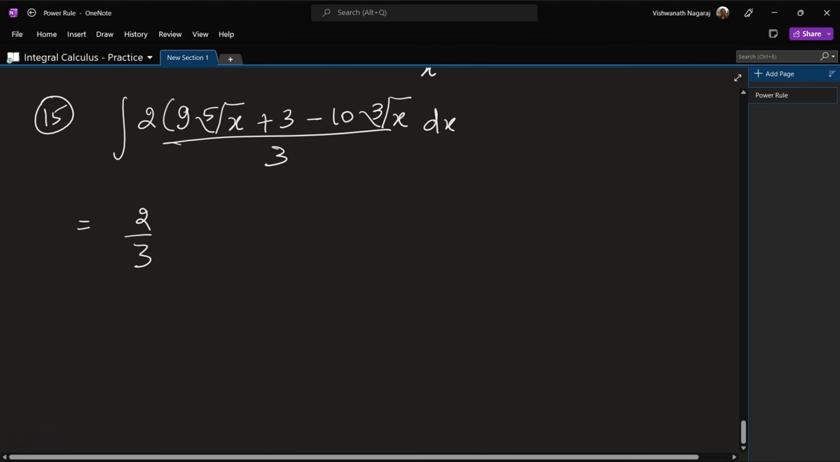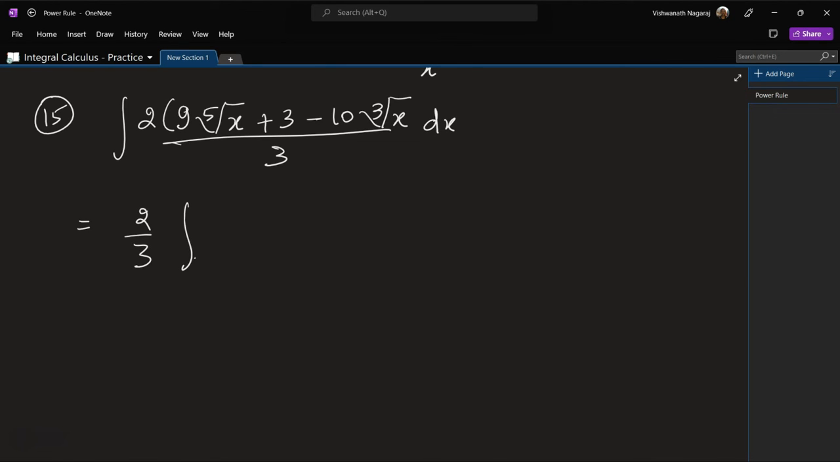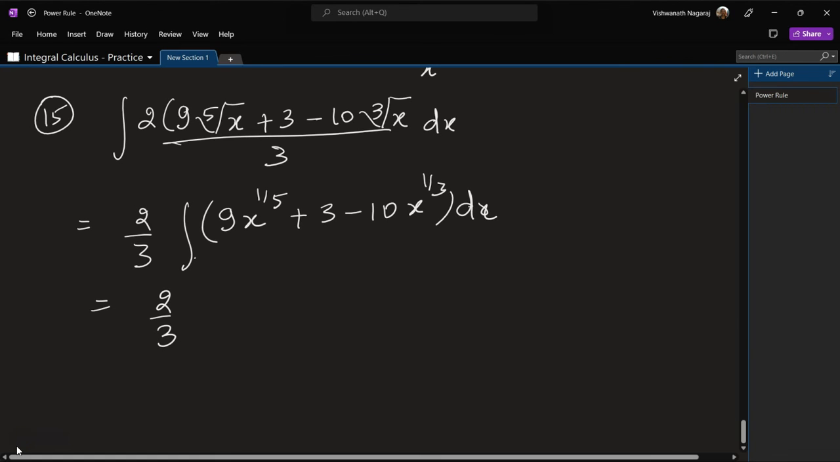So 2 by 3 we take it out. Integral of 9x to the power of 1 by 5 plus 3 minus 10x to the power of 1 by 3, divided by, no division required because we took 3 out. So dx, which gives us 2 by 3 times. Now let's